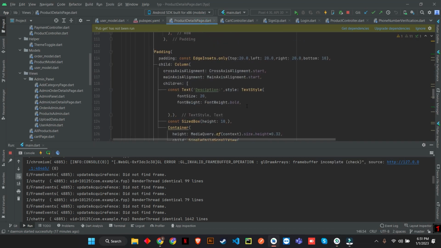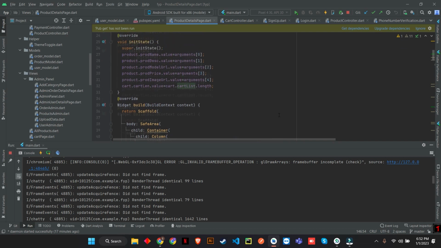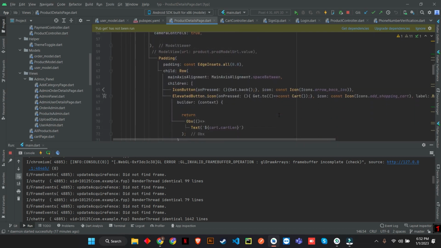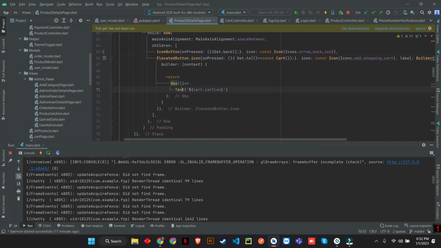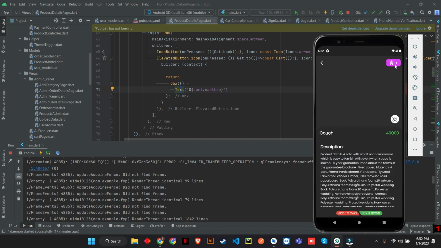So if I show you the code of this specific icon, it is this one. As you can see, this text is wrapped around an Obx, and this Obx will observe the cart length, which is the variable, the observable list that I made, and it will observe the changes that occurred in that list, and it will show us on the UI,